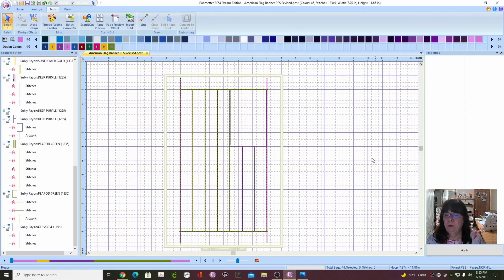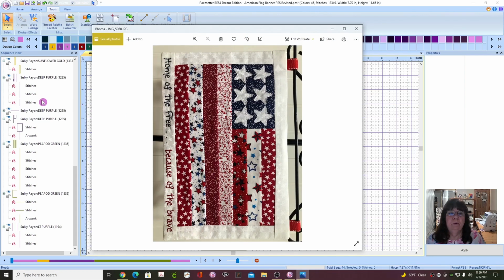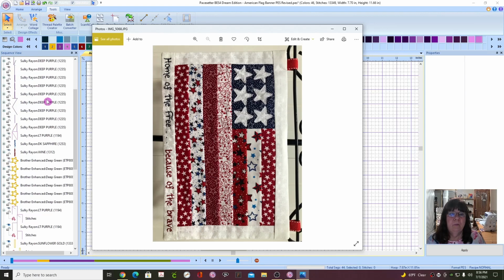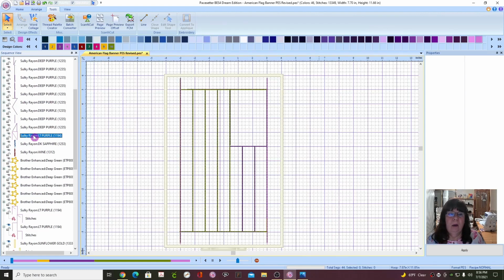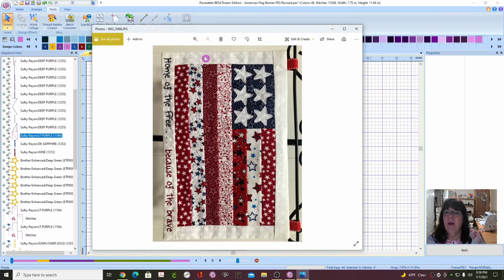Okay, the next item to do, let's look at my original here. Okay, we're going to make the placement line, because what we've just done now is you've put this white piece down upside down and you've stitched this, folded it over, and then you've had this piece here, it's upside down, and you've stitched and you folded it over, and then you're going to place this that covers all of this here, and we've got that stitching line, and we fold that over, and this one is placed upside down, we've got that stitching line, and we fold that